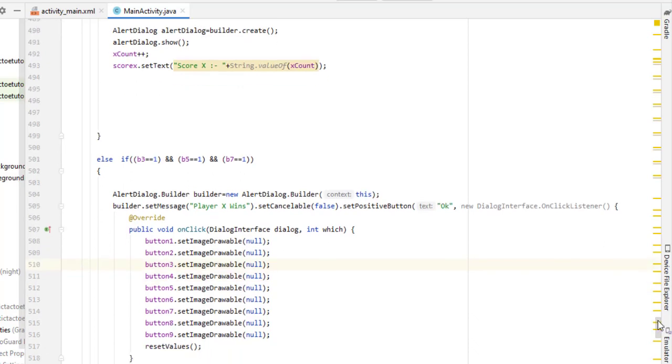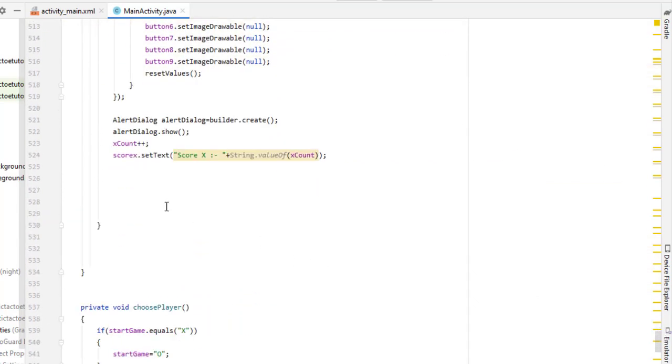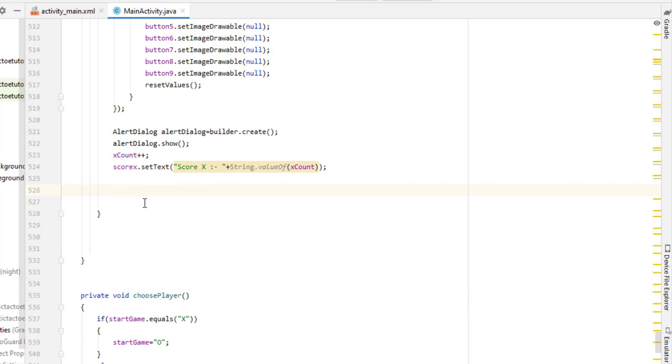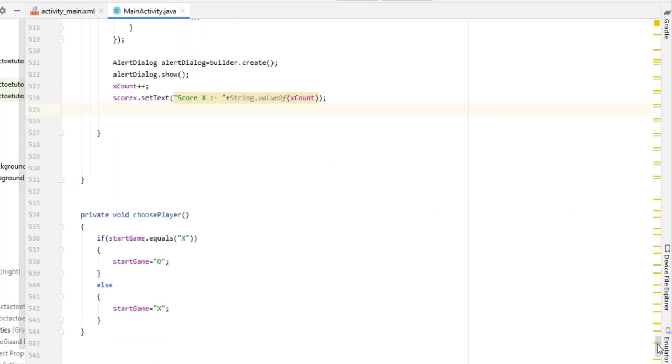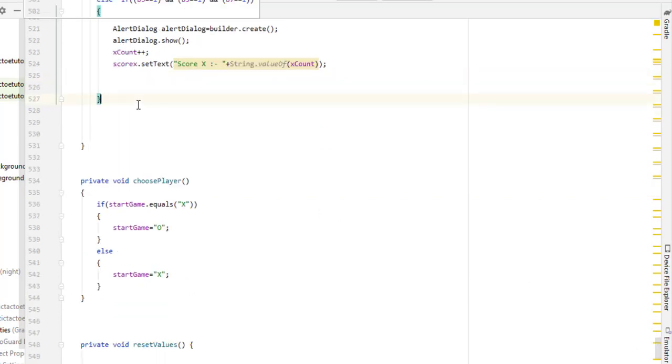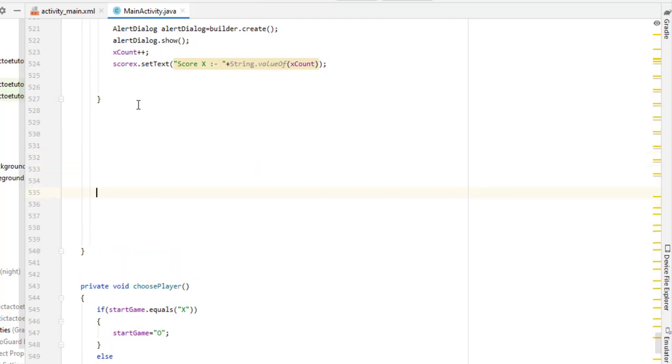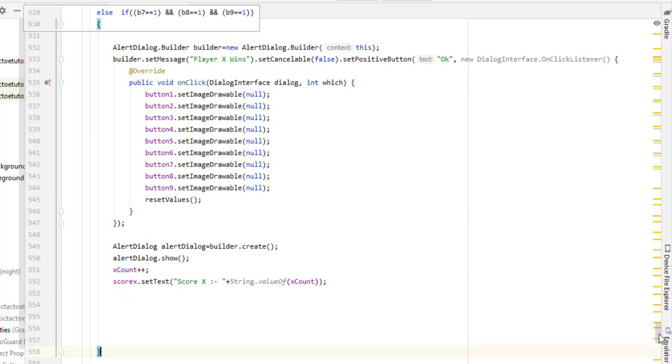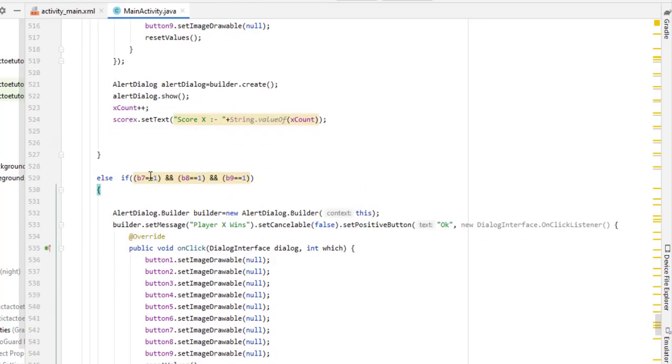Now the work is left for the i variable and also for the O player. So first I write the code for the O player, then I will explain the i variable, what it is and why we take it. So first of all, it's time to write the code for our O player. Simply paste the code again here, and this time I have to check inside else if whether b1 equals 0. If b1 equals 0, it means the character displayed on the screen is O, and likewise b2 equals 0, and I simply change it to b3.